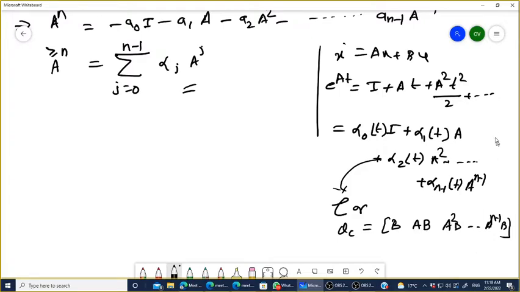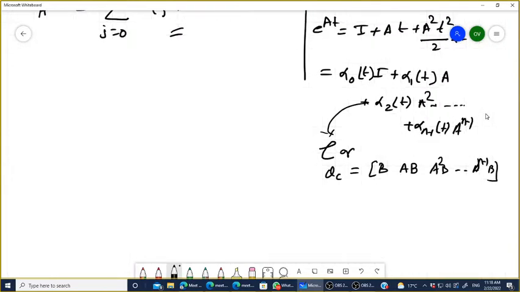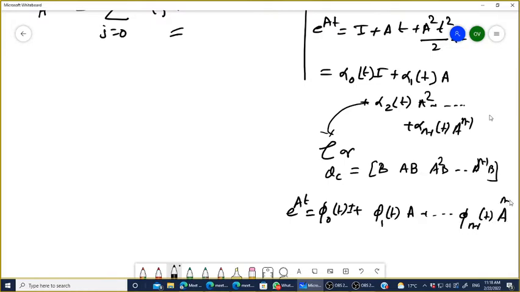Also e to the power At, in terms of the STM, in the term of STM we can write also like this: phi 0 t I, phi 1 t A, up to phi n minus 1 t A to the power n minus 1. Okay, so